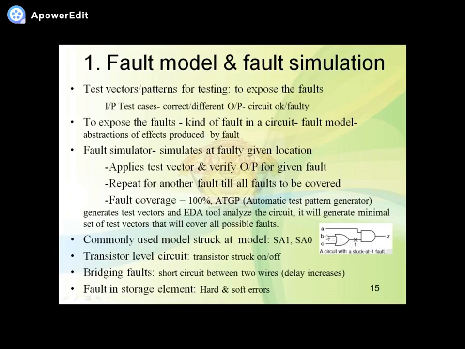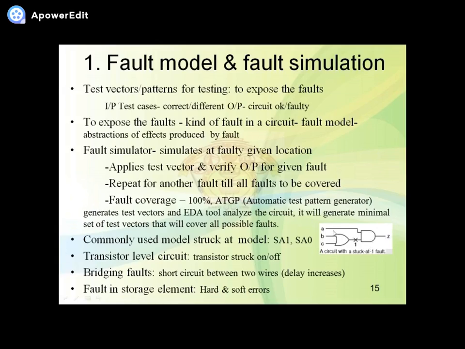Means when A is equal to 1 and B and C are 0 0, at that time we can detect the fault. In other cases, that is A equal to 1 and B C equal to 1 0, 0 1 or 1 1, this fault is not going to be detected. The fault will be masked, and you will get the correct output. Now we apply the condition that A is equal to 1 and B and C are 0 0, and at that time you will get output 1, that is, the fault will be detected here.